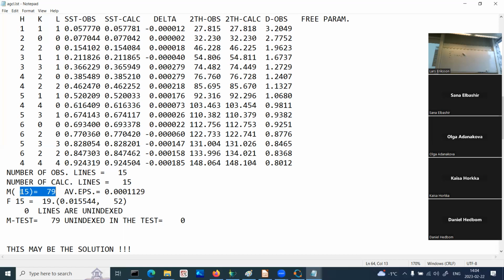Yeah, he added them. So basically how much the values vary. So the values are